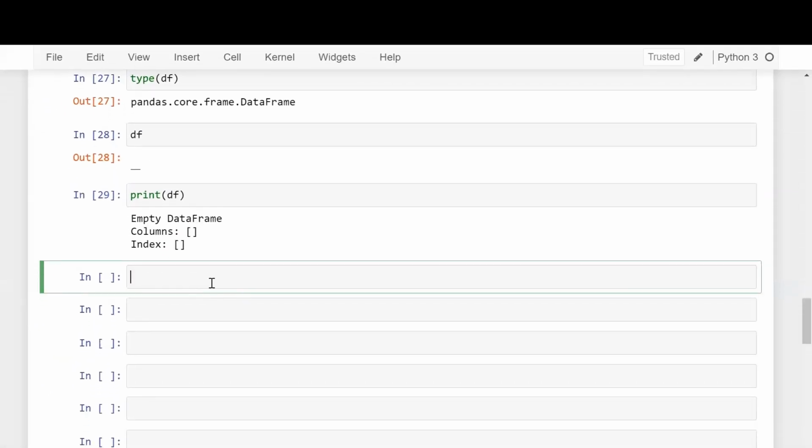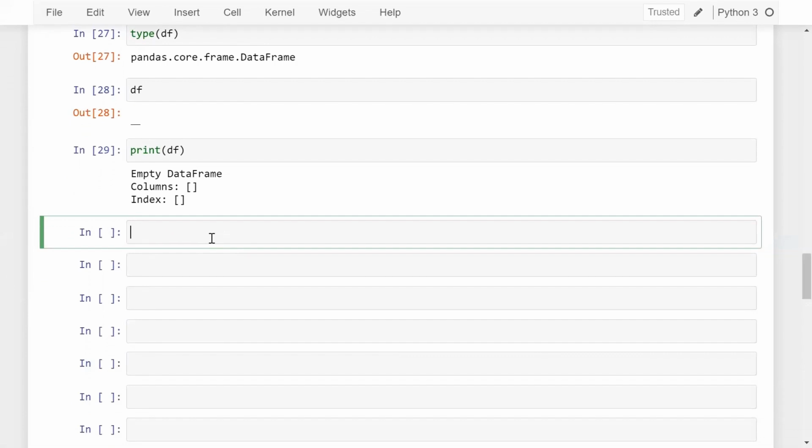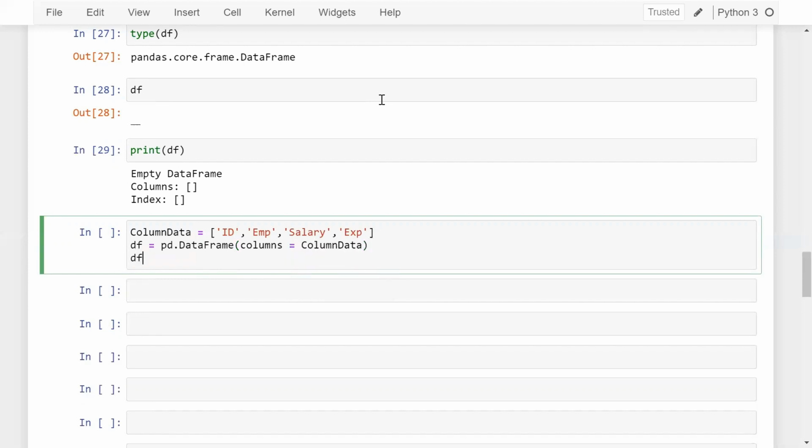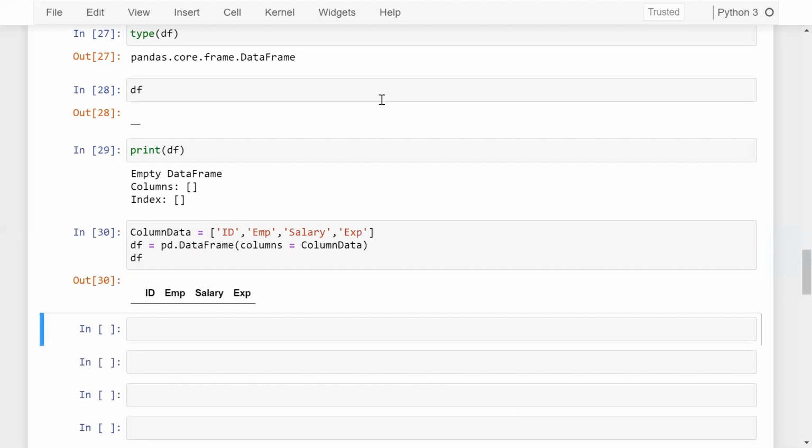So guys, now the question is how we can insert the column in the data frame. So let me take this column data where I have ID, employee, salary and experience. Now I am taking a variable which is df, and now pd dot DataFrame, and here I am going to pass columns equal to column data. Now let me print the df. So guys, here you can see that I have a blank template, or you can say a blank data frame,